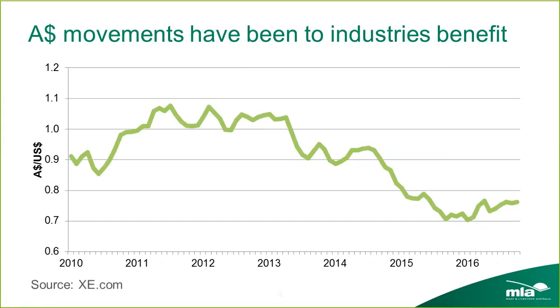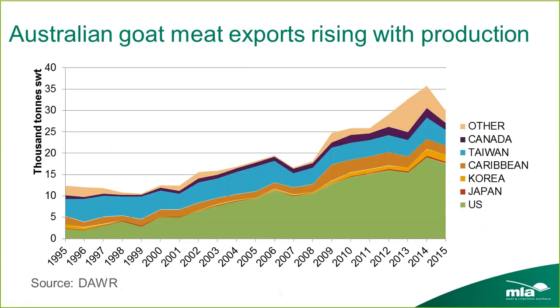Back one. So that basically summarises where we see things in terms of the whole supply side of the situation. On average for the past 2 years now, on a monthly basis, we've been processing 180,000 head of goats per month. Expectations are that because this is probably going to be a bit of a rebuild year, and provided the weather conditions are good next year as well, it will be the same. It'll probably be that on average 180,000 head per month will start to trend a little bit lower, but